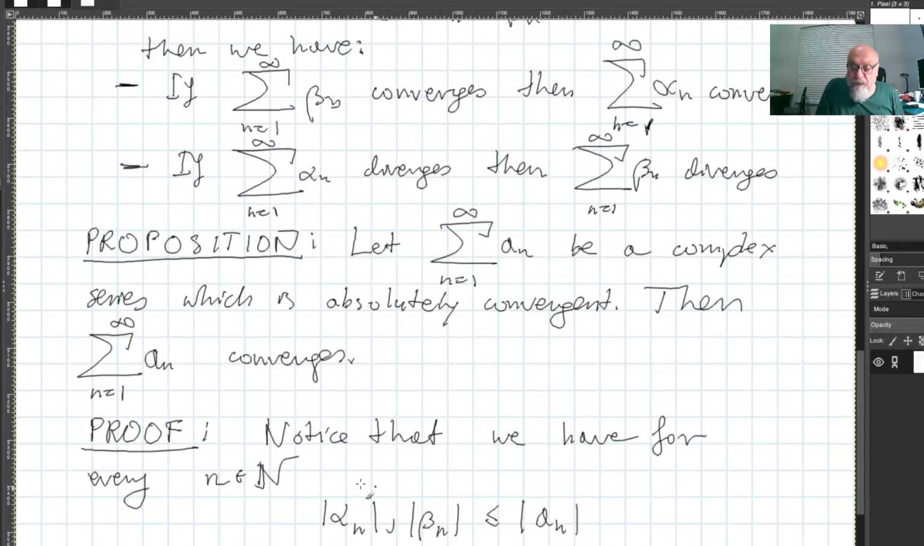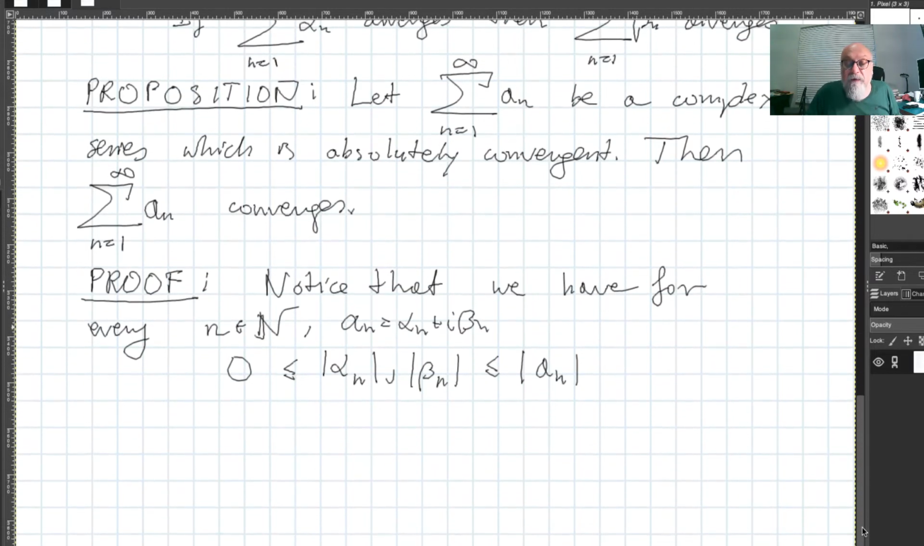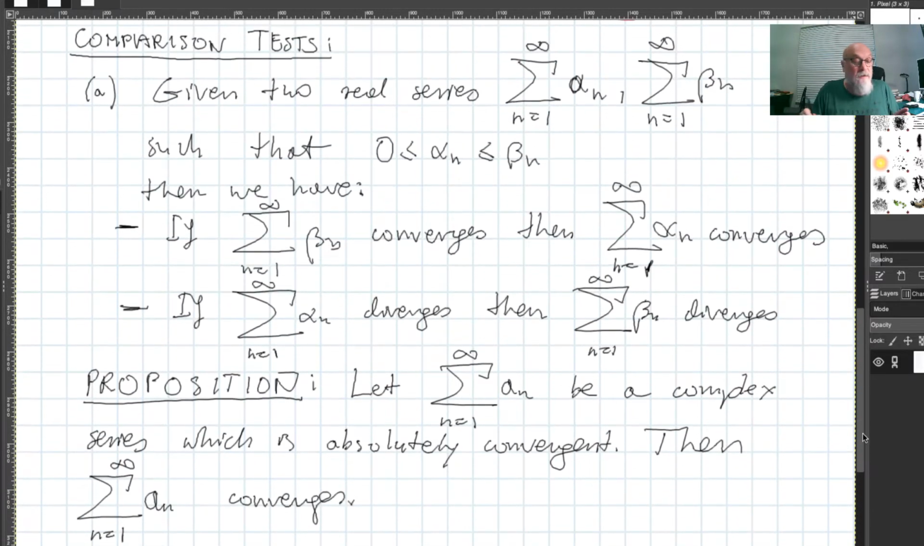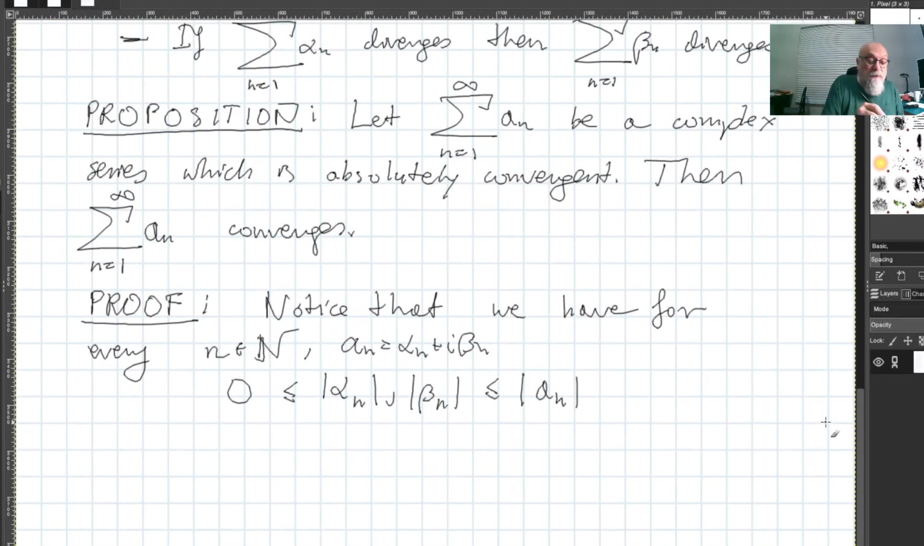Here, of course, we have a_n equal to alpha_n plus i beta_n. And that means, in particular, that both of them are larger or equal than 0. So by using the comparison test, which is described here, and this is number 1, you can immediately write the following,